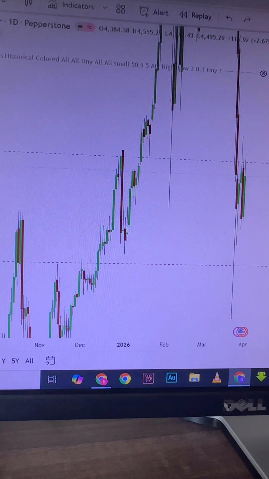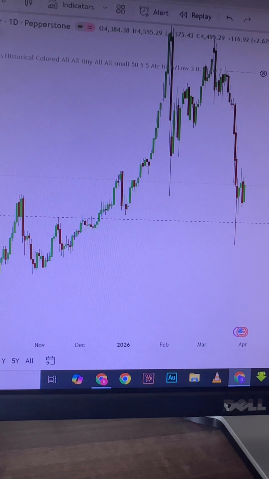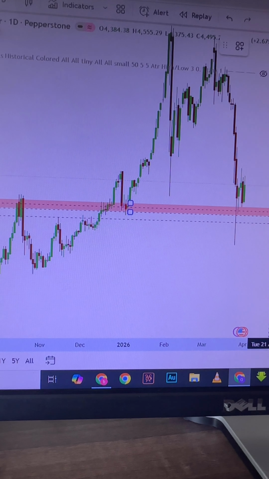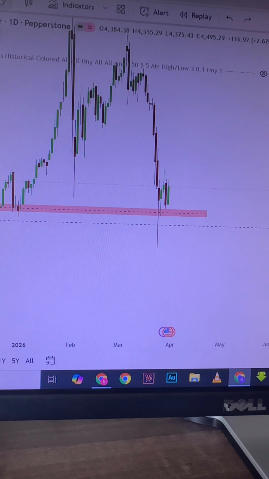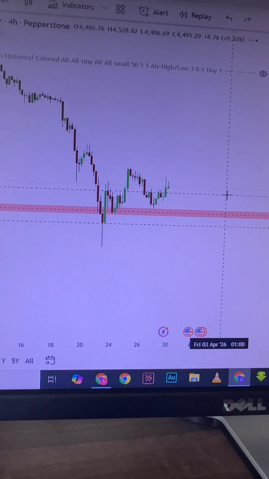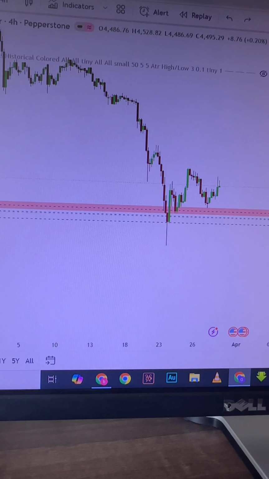Okay, to do our top down analysis now. And if you see the market now respecting this sort of a resistance zone, you can identify this as a higher time frame point of interest. Now from there, we go to the lower time frame, the 4 hour time frame, like this. So of course we all know